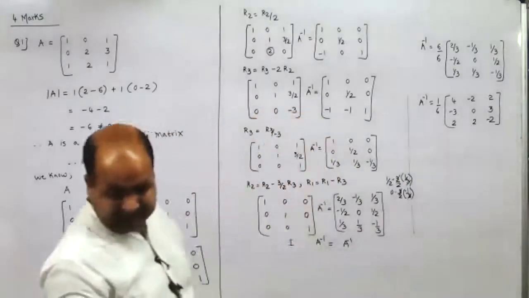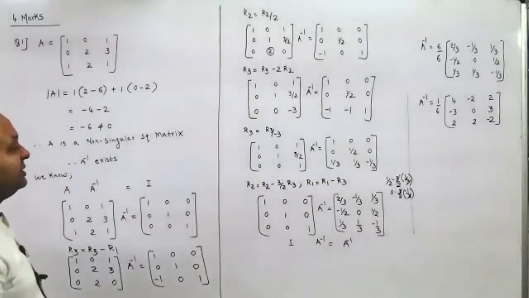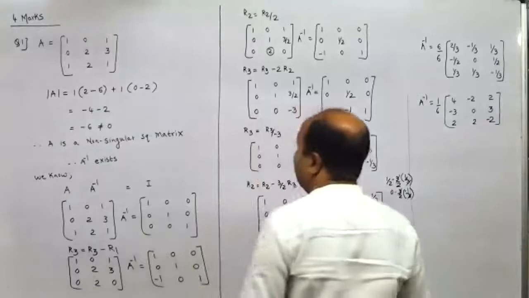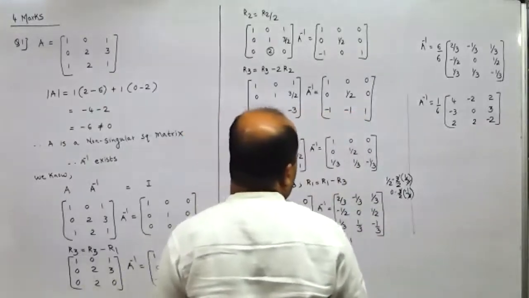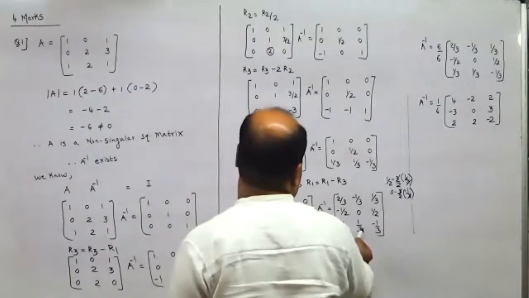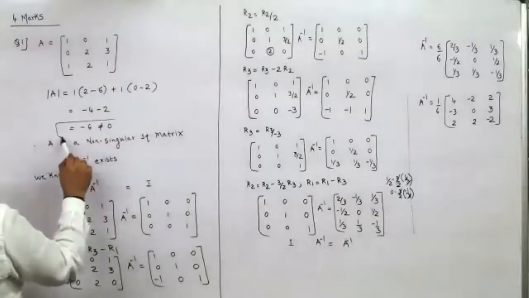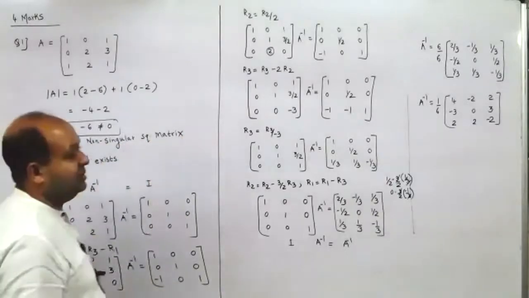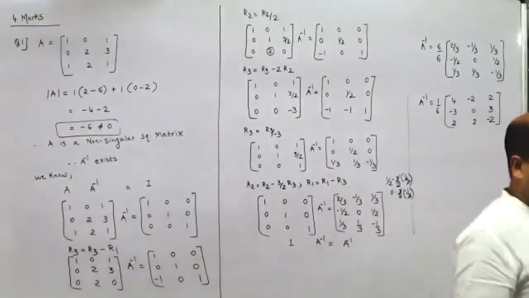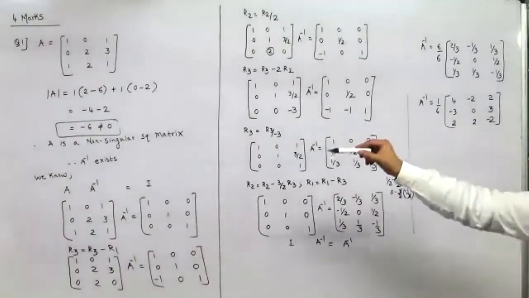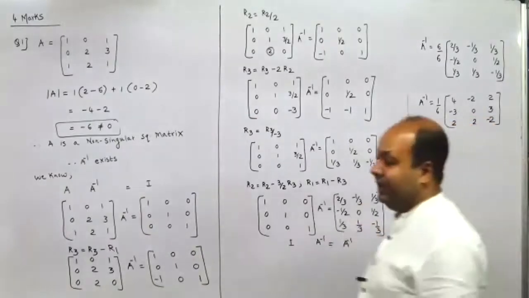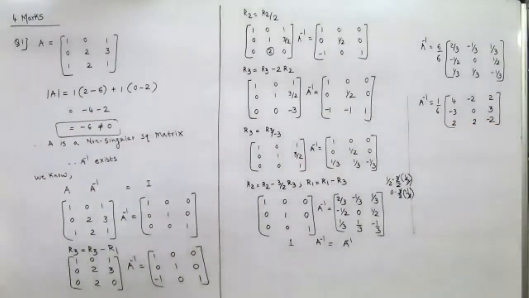Now if you observe here, can Smriti check the answer and tell me? So behind they haven't multiplied with 6. They have left it here? Yes, sir. Okay. I brought it in this way because whatever is determinant value of A, that is usually the term outside. Yeah, 1 by 6. So that would be outside. If it is 1, you will get 1 by 1. Now you can always sign, that is, I can take minus outside from all the terms. Followed?